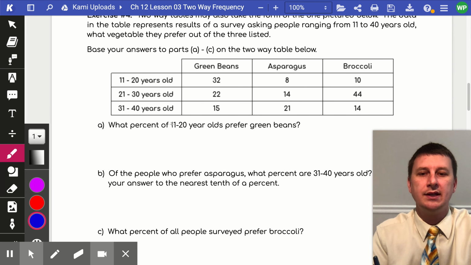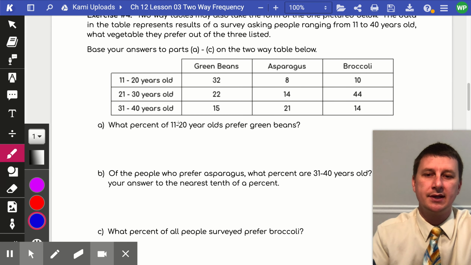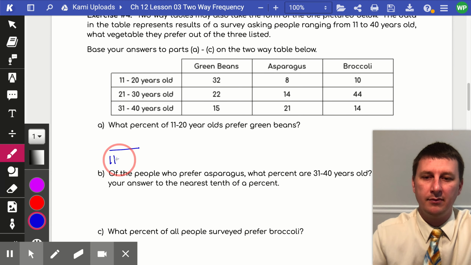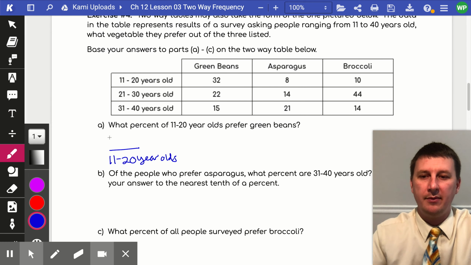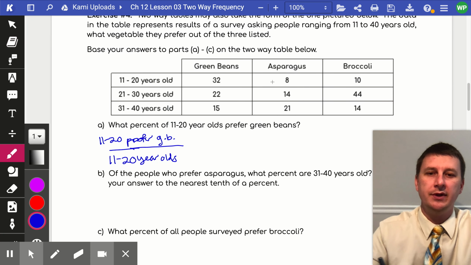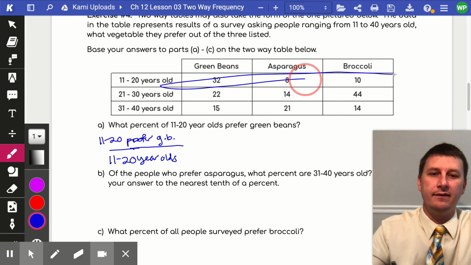So what percent of 11 to 20-year-olds prefer green beans? So it says of 11 to 20-year-olds, so we're going to divide our number, whatever number we have, by 11 to 20-year-olds. And which one? How many prefer green beans? So 11 to 20-year-olds prefer green beans, and we're going to divide that by our total number of 11 to 20-year-olds. So first we need to know how many 11 to 20-year-olds we have. We're going to add up